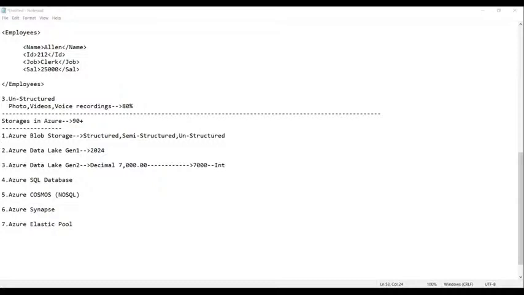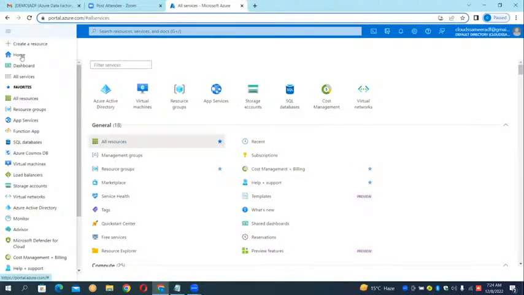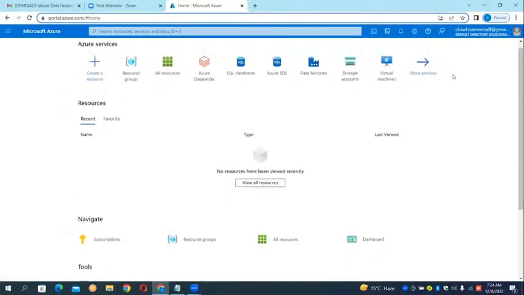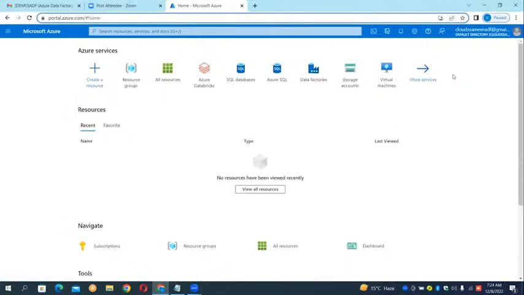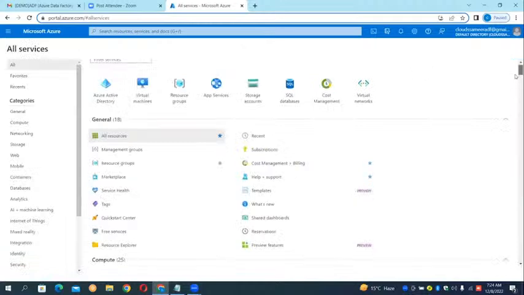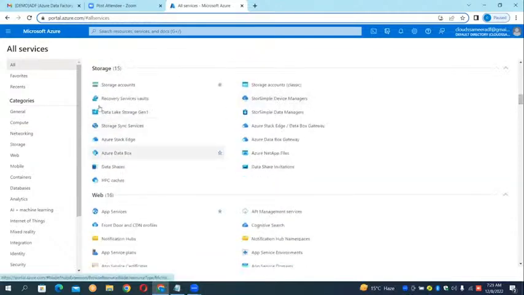In this portal only we are going to work. Okay, everyone, just have a look here. This is portal.azure.com. This is your portal. On this we are going to work. Click on More services. Now, guys, can you see here? These are some of the storages.